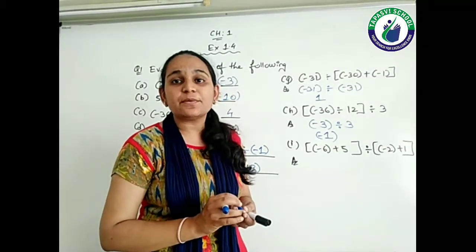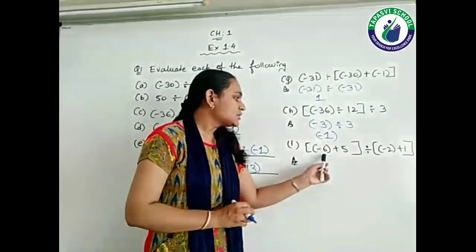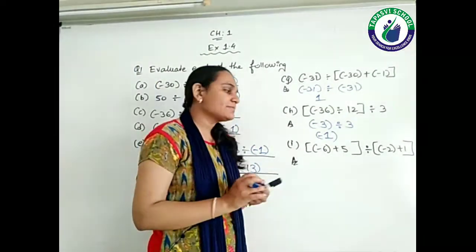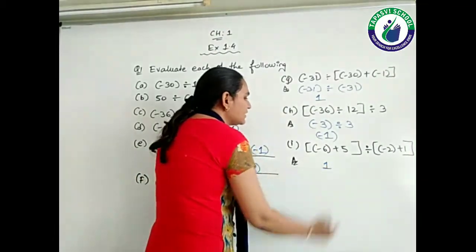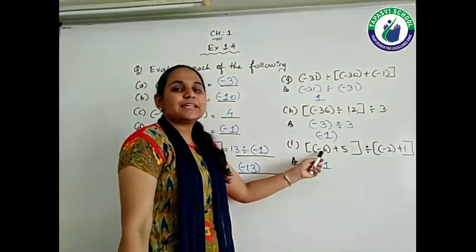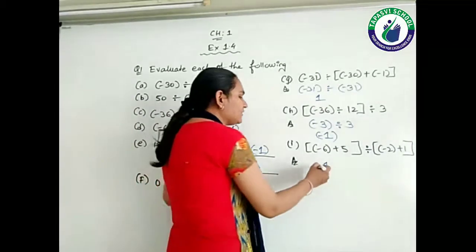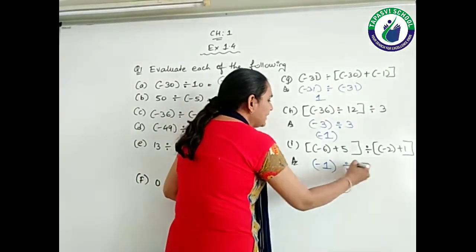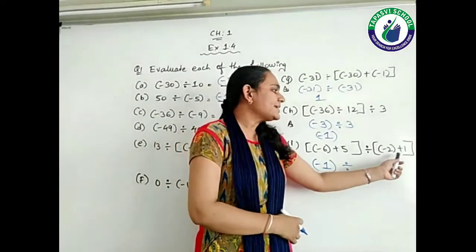One number is negative, another number is positive. Rules of addition and subtraction of integers, students. So I need to subtract them. So 6 minus 5, it is 1. Right, and 6 is greater, so I am going to give the sign of negative to this one, divided by, now I'm going to this one, minus 2 plus 1.